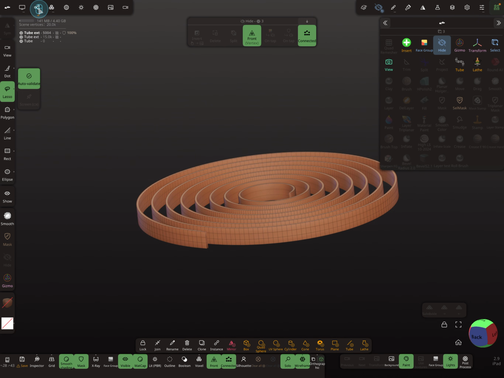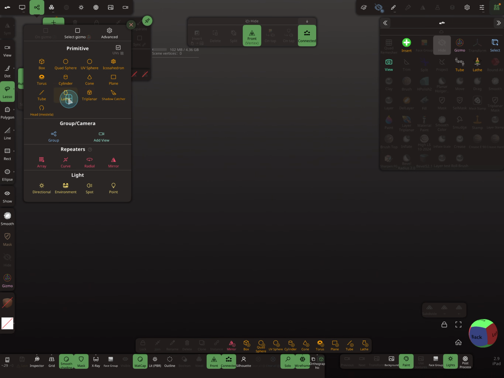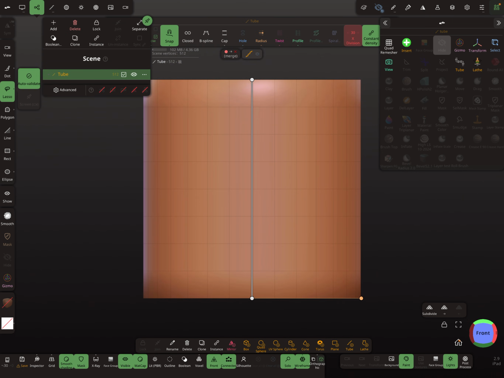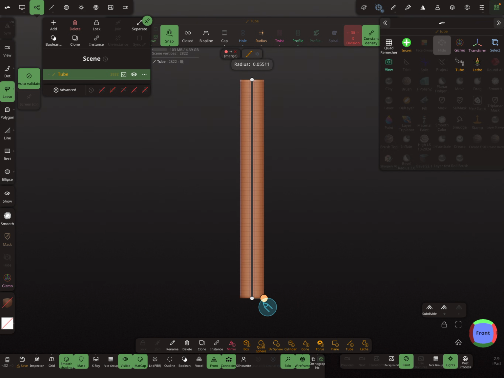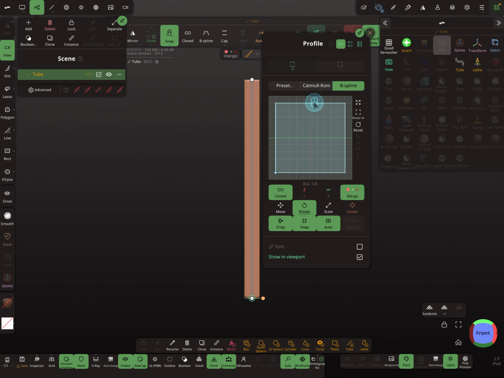So first I delete everything here, and in the scene outliner press add and add a tube. So this is my tube. First I change the radius, make it a little bit smaller, and then I activate the profile. And then I edit the profile. So we need an open profile,